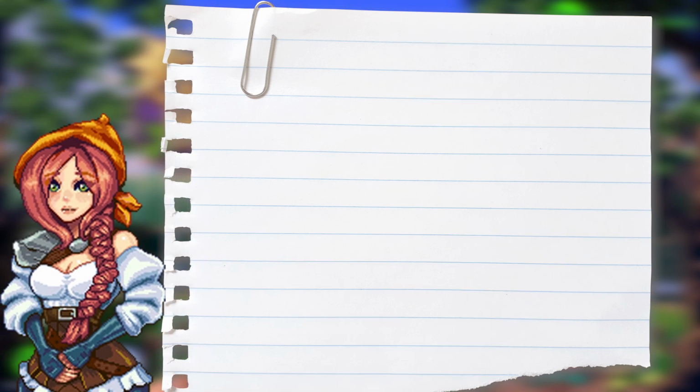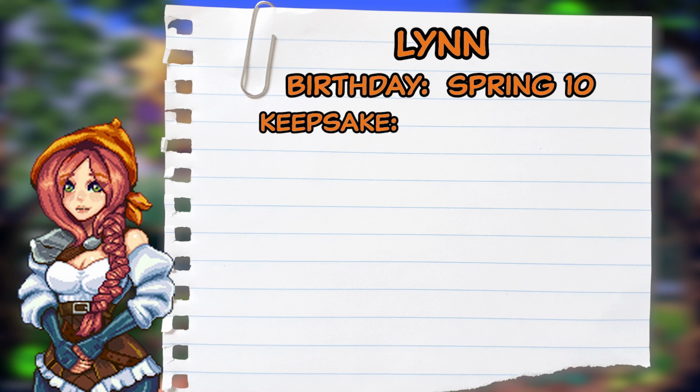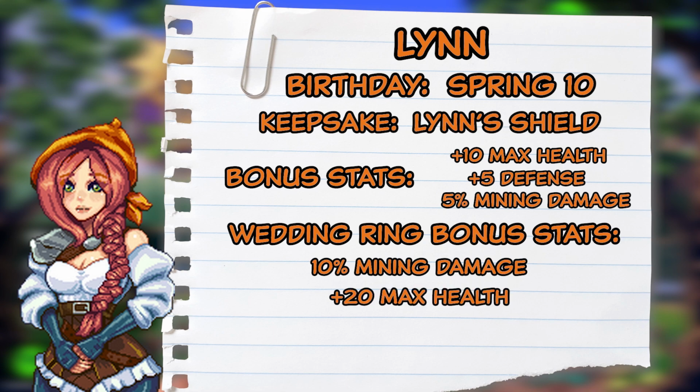And our final bachelorette, but certainly not least, is going to be Lynn. Her birthday is spring 10. Her keepsake is Lynn's shield, the bonus stats of which are plus 10 max health, plus 5 defense, and 5% mining damage. Her wedding ring bonus stats are 10% mining damage, plus 20 max health, plus 15 max mana, and